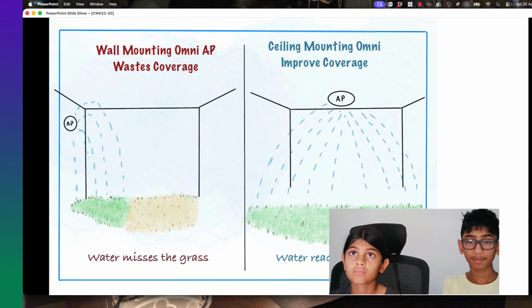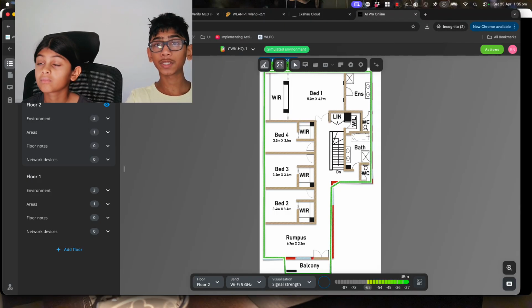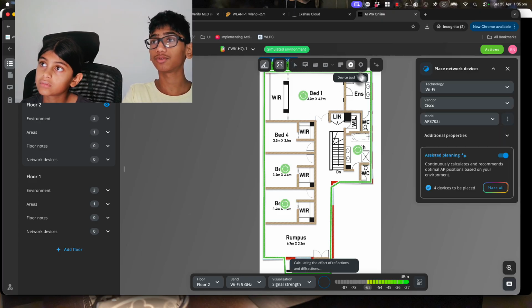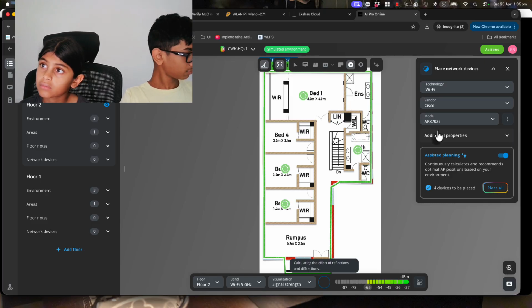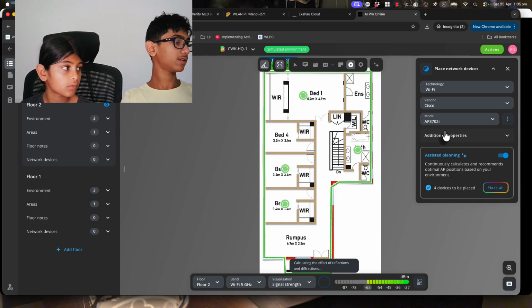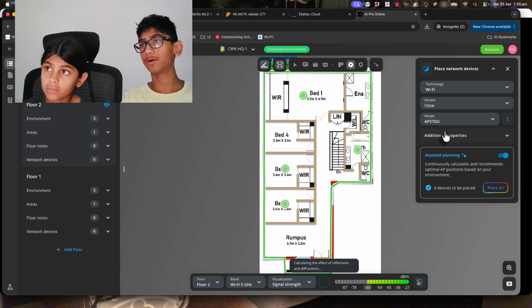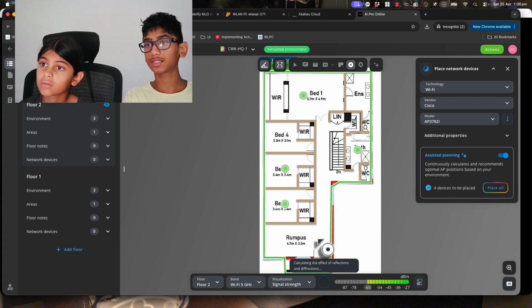To show you a better example, let's use this design tool we used before called Ekahau AI Pro. So you can see now, here's our floor design. Let's just show you this AP here, which is the Cisco AP 3702i access point. And if we just place it somewhere here,